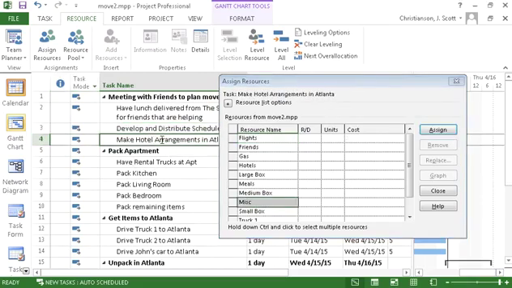Make hotel arrangements in Atlanta. This is also going to be a cost. This is going to be a cost for the actual hotel. So once we make sure everybody's on board and has agreed that we're leaving, we're going to go ahead and incur some costs there of reserving a hotel for our friends in Atlanta. So I'm going to say that that's a $600 cost. It's because we're going to go ahead and prepay at this time